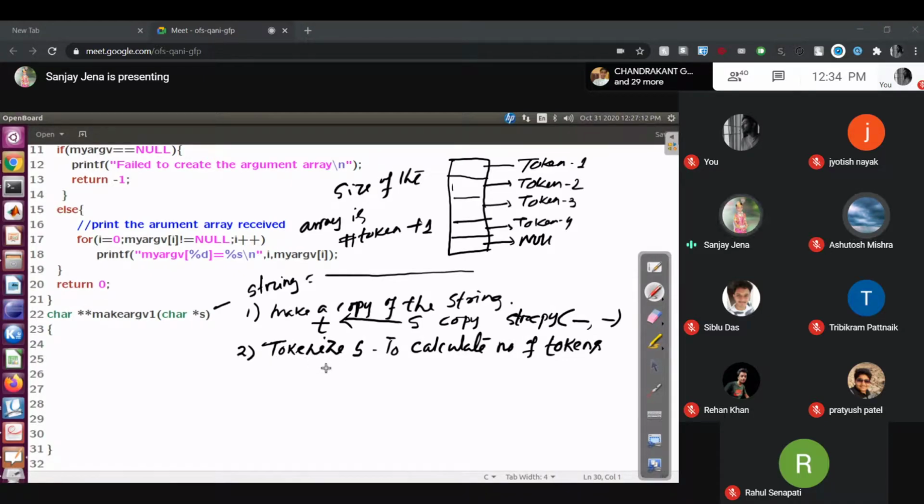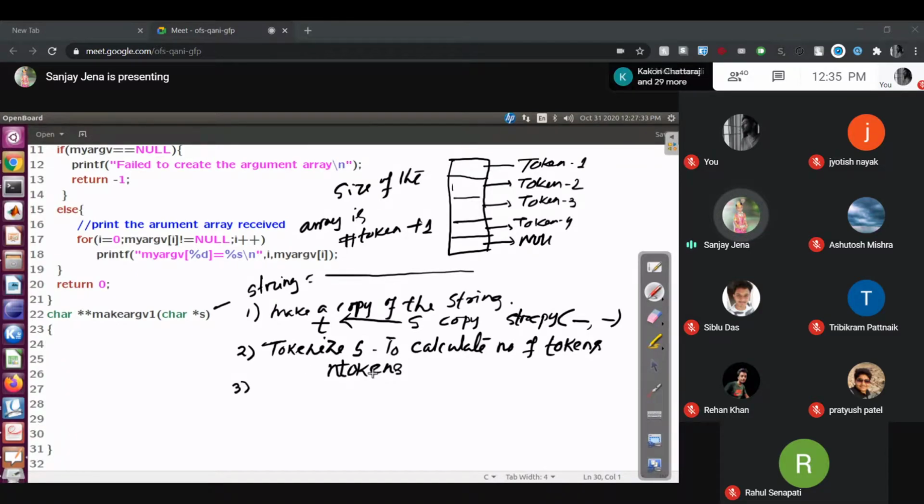And the variable you have to use is n tokens. Don't make shortcut variables because you are 5th semester. I don't assume that you are 1st semester. Each variable name will give you meaning. Third step.